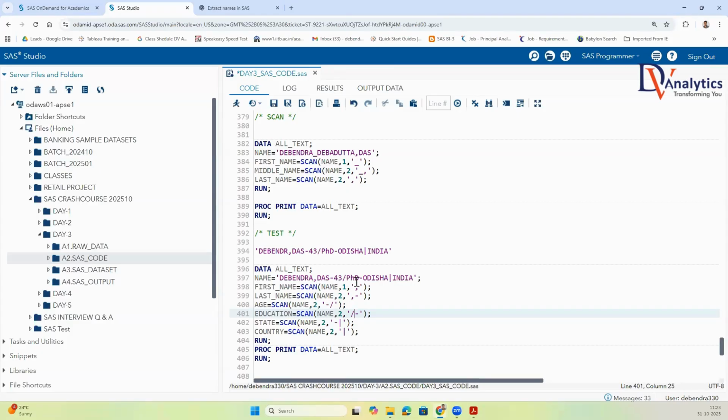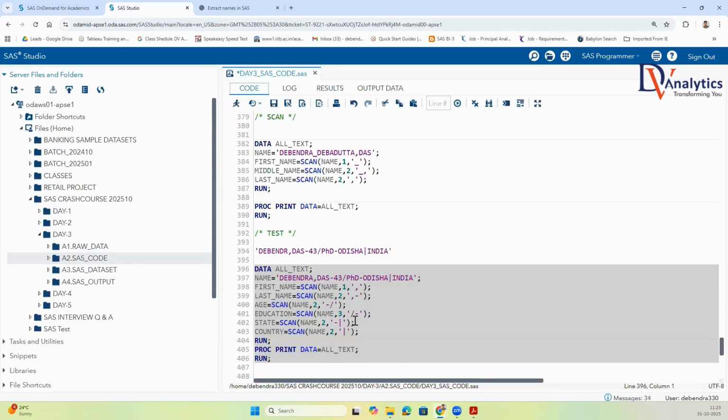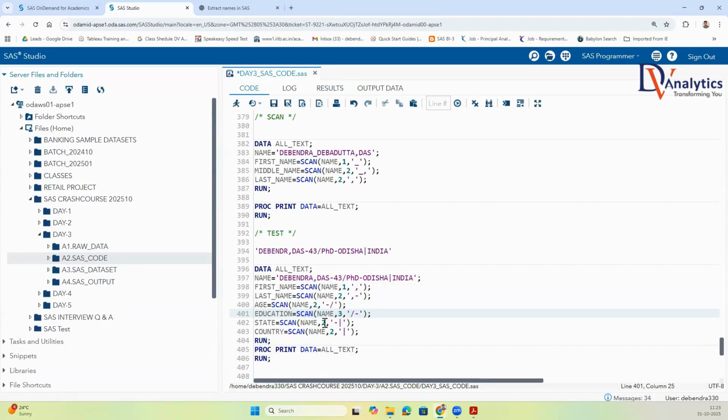Okay, because there are two, probably it is reading that dash. So previous no, dash, not 2, 3, 4. What will I write here for getting my education? Shall I write 3? See what is happening. Slash before icon, does it come? Yes. How to go for my state now? Shall I write 4 to get my